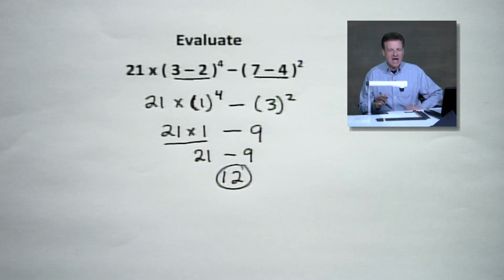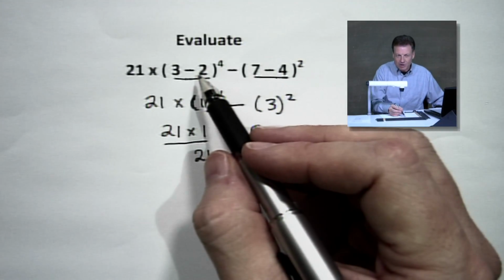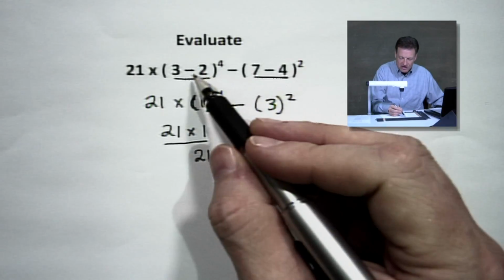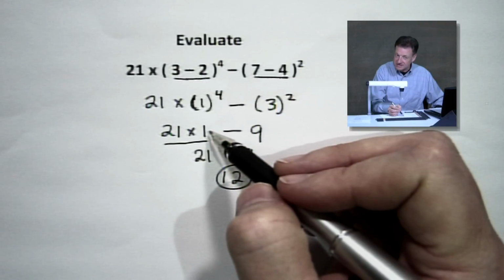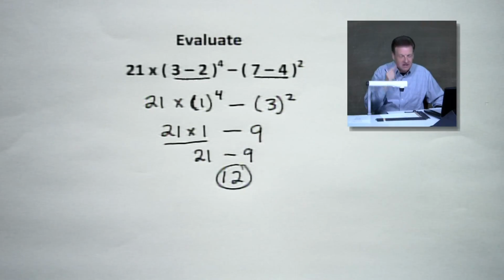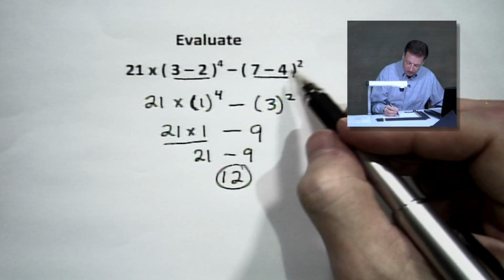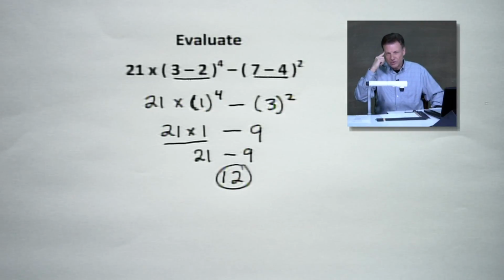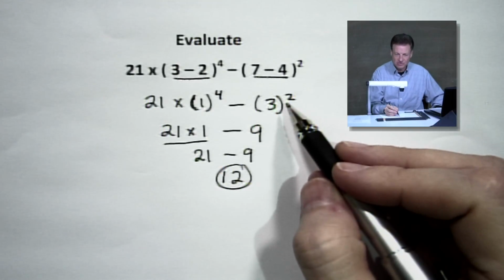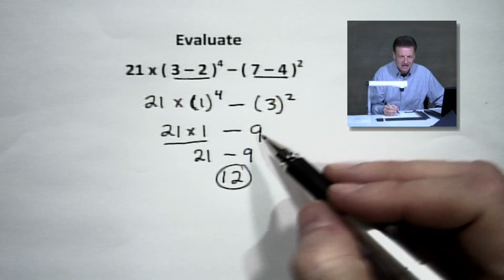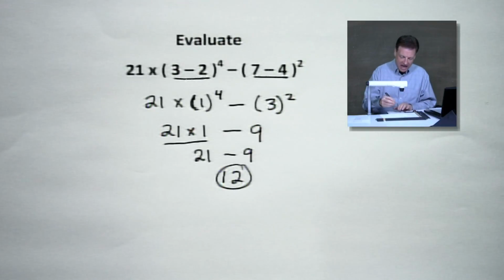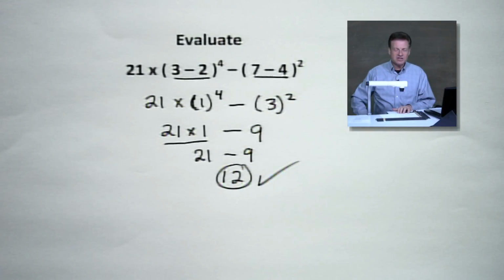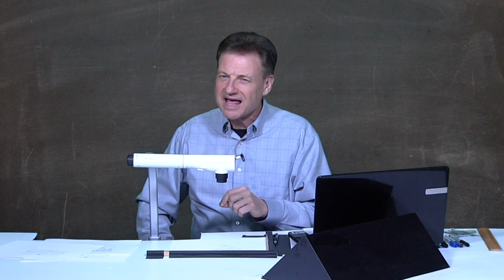Once again, real quick highlights of this one. Remember, go to parentheses first, and then do the exponents right after you get those parentheses worked out. Again, 1 to the 4th, that's pretty easy. It gives you 1. Don't put 4 down there. And then also over here, the 3 squared. Sometimes it's easy to say 3 times 2 and you get 6. That's not what that means. That means 3 times 3, which everybody knows is 9, all right? And 21 minus 9, we get 12. And there is our problem of the day, pretty much in a nutshell. Order of operations, my dear Aunt Sally, and we have to please